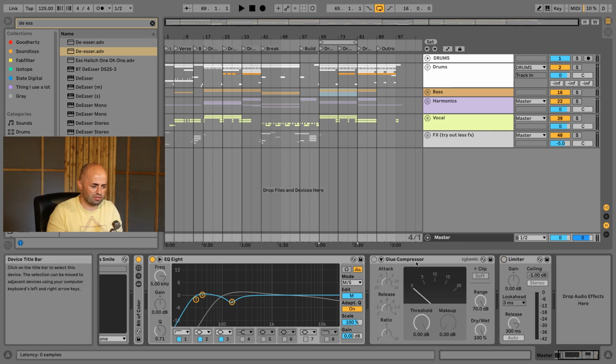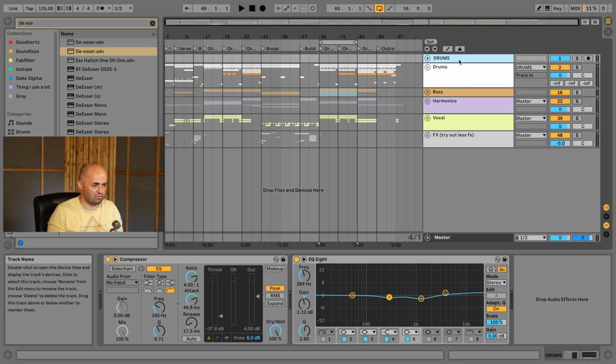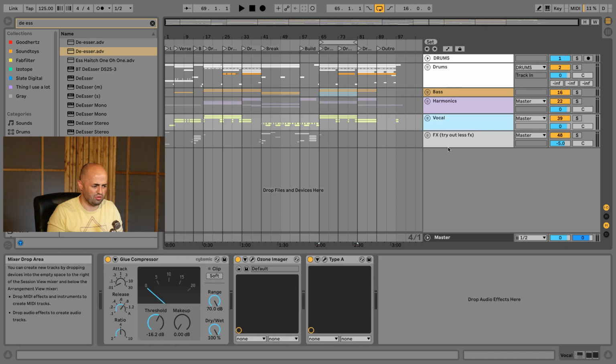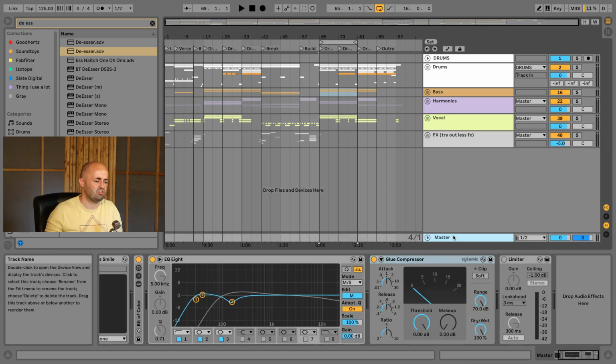Let me turn off this limiter. And now let's go into the compression part of it. Right now, we don't want to compress very heavy. There is already compression going on. We have compression going on the drums already, compression going on harmonics probably, and vocals. Now to compress again with heavy amounts, like 4 or 5 dB or whatever,